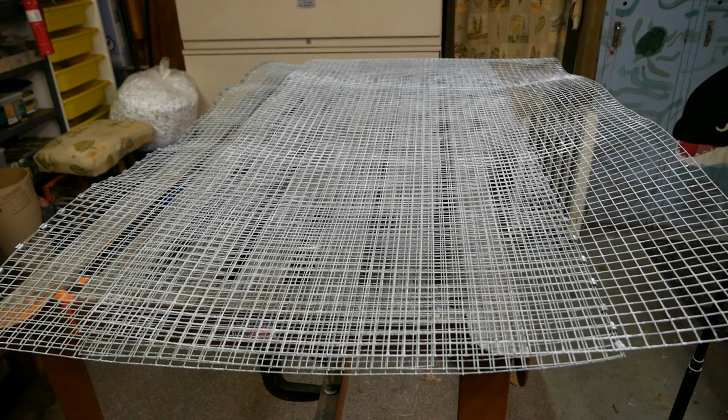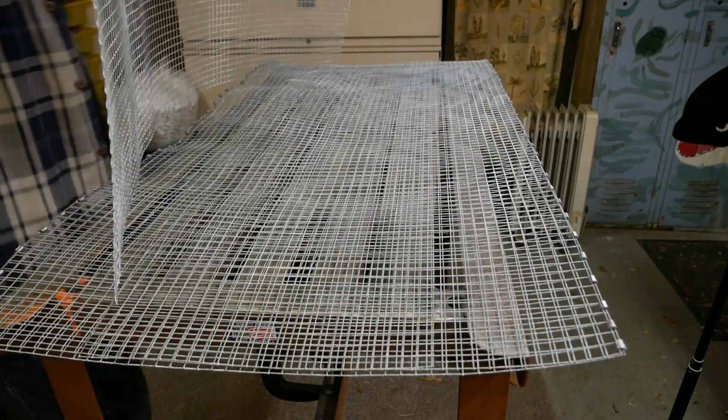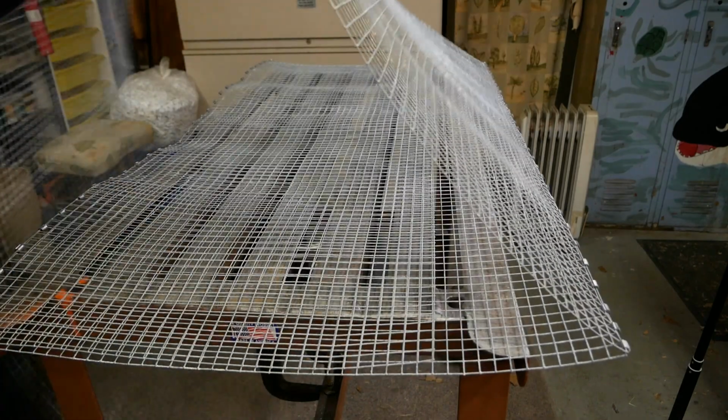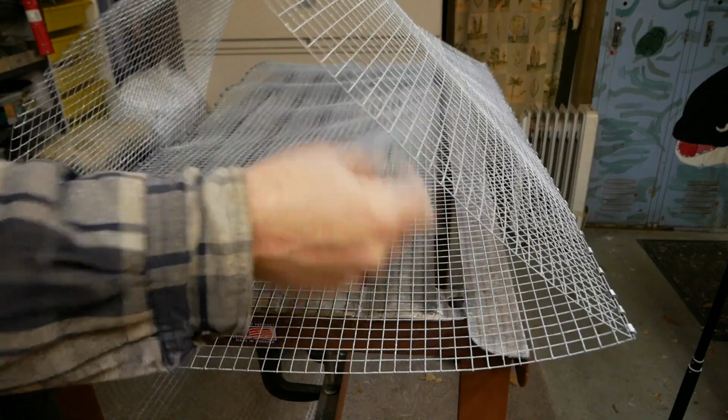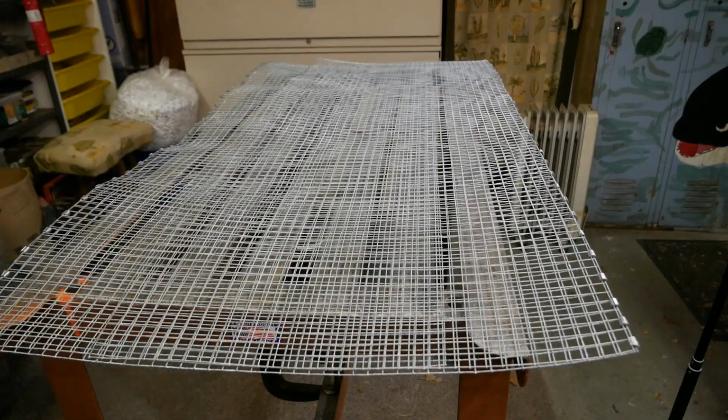All right, I'm going to show you guys the easiest way that I've found to put these things together. I've already got the two sides attached to the bottom. As you can see, there's one side and there's the other side. I just fold them in like that on themselves so they're out of the way. Next up, we're going to put the top on,